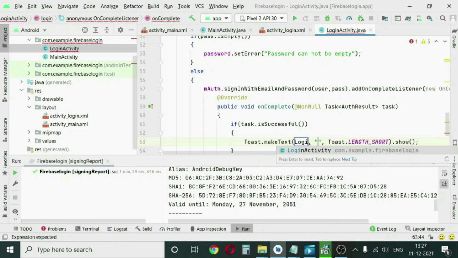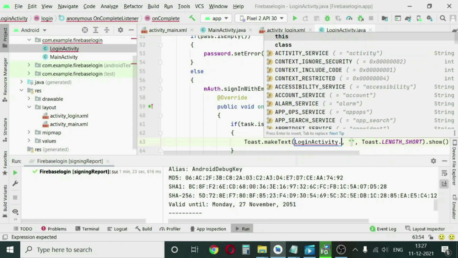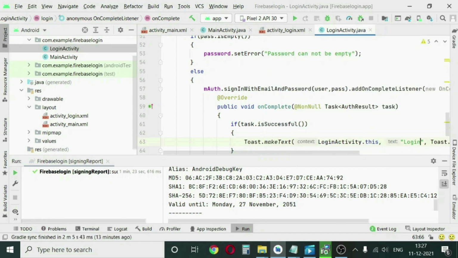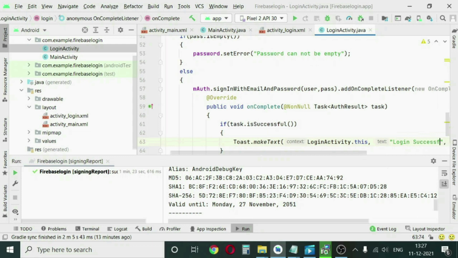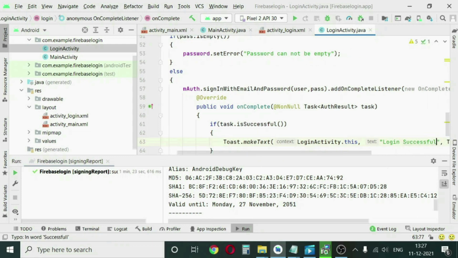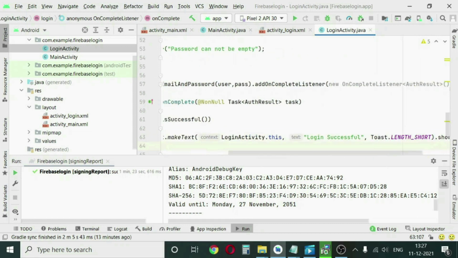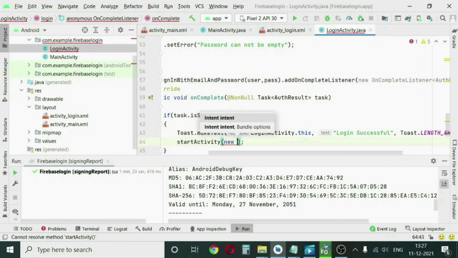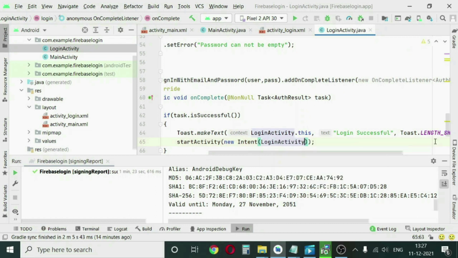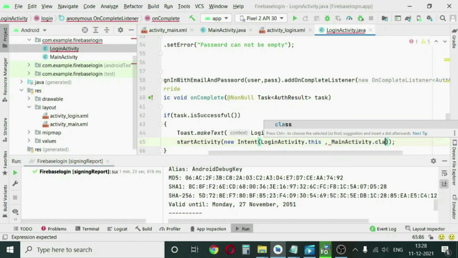So write LoginActivity.this, and the text will be "Login successful". Then startActivity, we will move from LoginActivity.this to MainActivity. So if login is successful, we will go to the dashboard page, our home activity, MainActivity.class, which is already there.